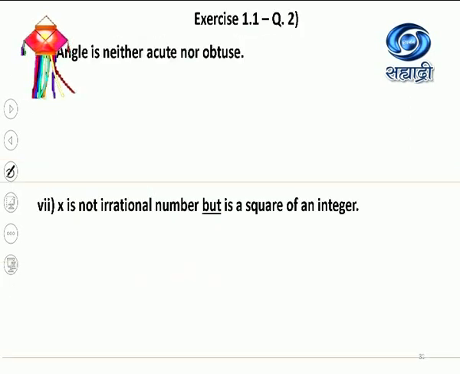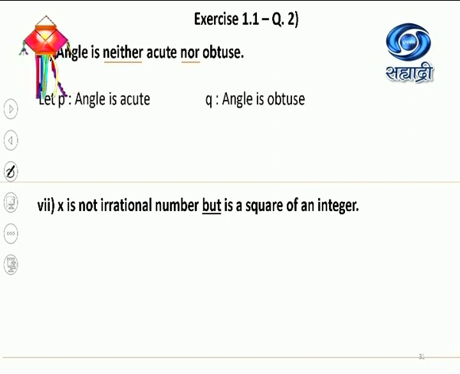Okay. I think I'll just go through this quickly. Neither nor: the angle is neither acute nor obtuse. Please note, do not write the statement in the negation form. Make them positive. The original statements are: angle is acute, statement P, and angle is obtuse, which are connected by the connective neither nor, meaning it is not acute and it is not obtuse. So you have to understand that a slightly different connective is used here. Neither nor means not of the first statement P and not of the second statement Q.